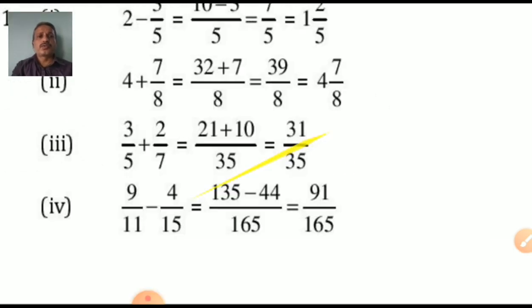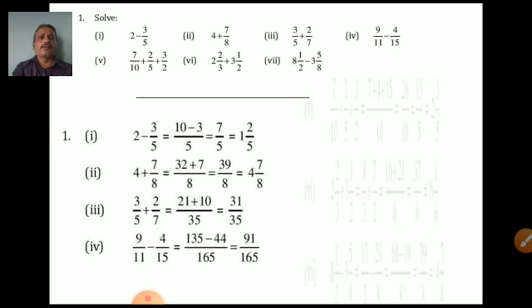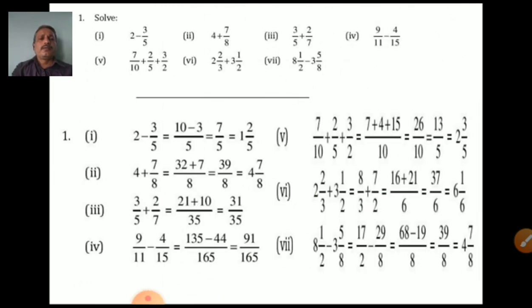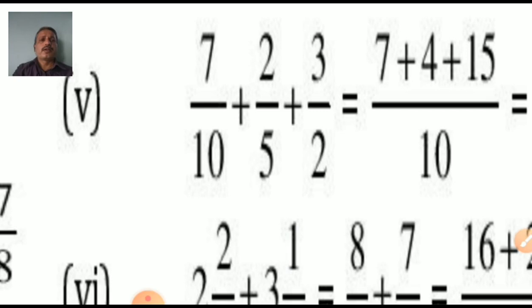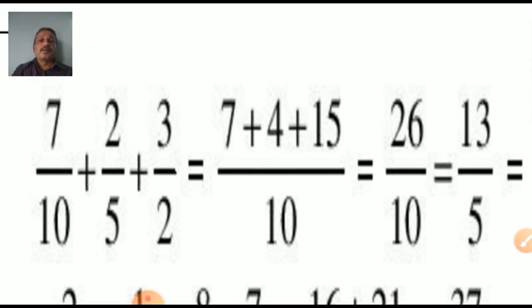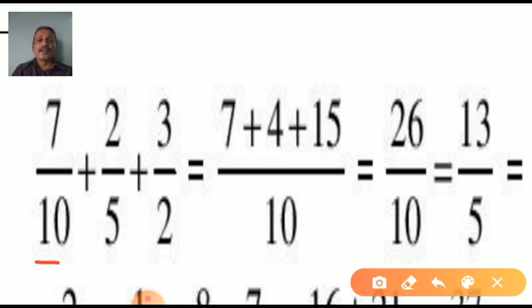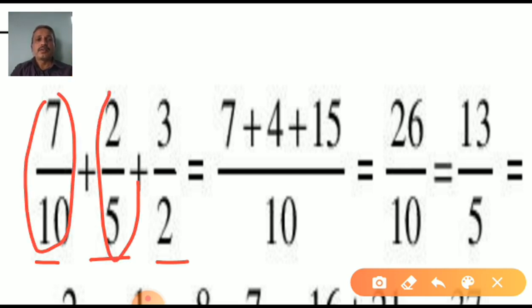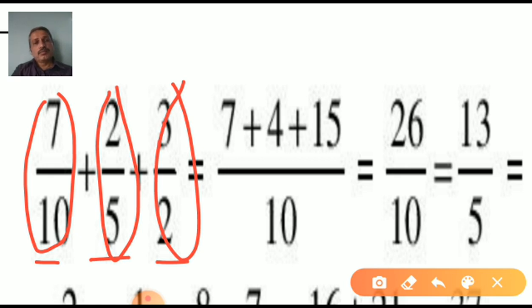Any doubt for these two questions, student? Third one also I discussed. Now look at here, fourth one. We can move very fast. Good, very good, student. Sometimes you may be confused. Three numbers are given. 1, 2, 3. What we have to do about these three numbers? Yes, either addition, subtraction or multiplication. So first number is 7 upon 10. Second number is 2 upon 5. Third number is 3 upon 2.